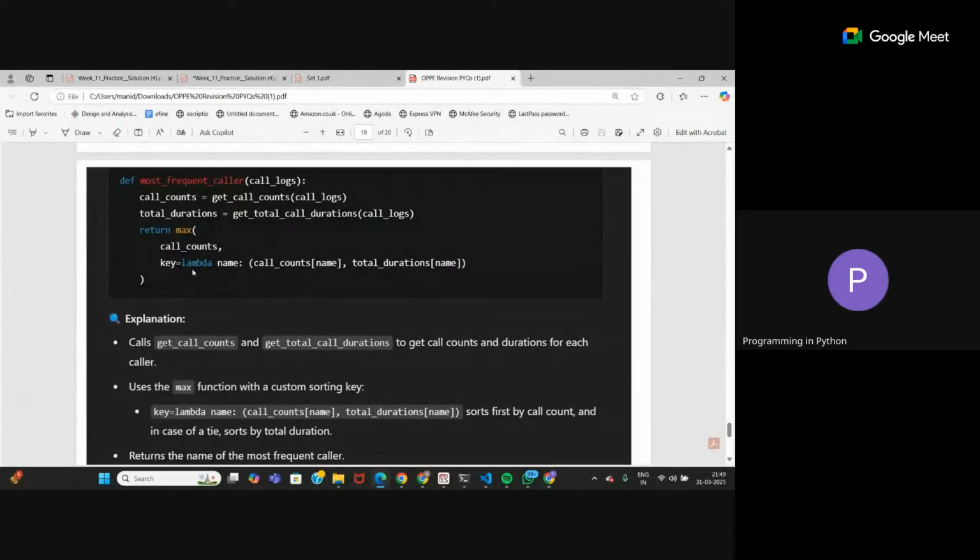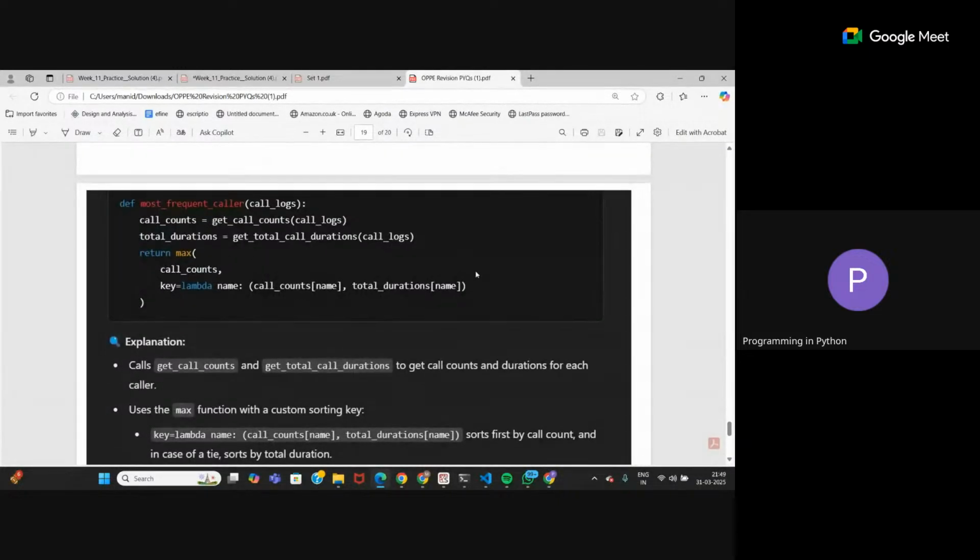For the lambda function, instead of x, we are using the variable name, because in the dictionaries, name is the key. So in both dictionaries, call counts and total durations, we place this as the key. Whichever is the primary condition, you place that first. The second one is the tiebreaker. Okay. Should I post this code?